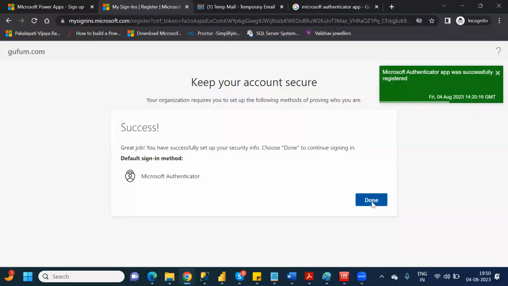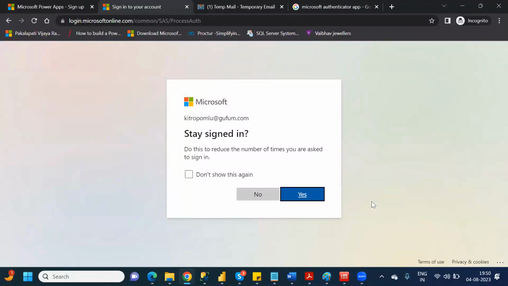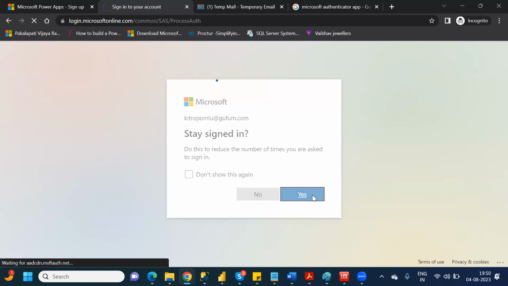Click on done. Sometimes if you are opening in different devices, it asks you to enter a code. Then whatever authenticator you installed in your mobile, you have to open it, and whatever code is there, you have to enter it here. See how secure it is. So that's the reason. Click on yes, and after clicking on yes,